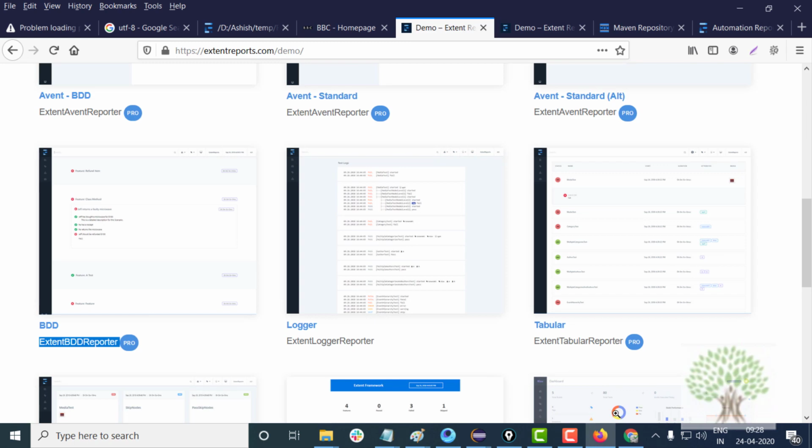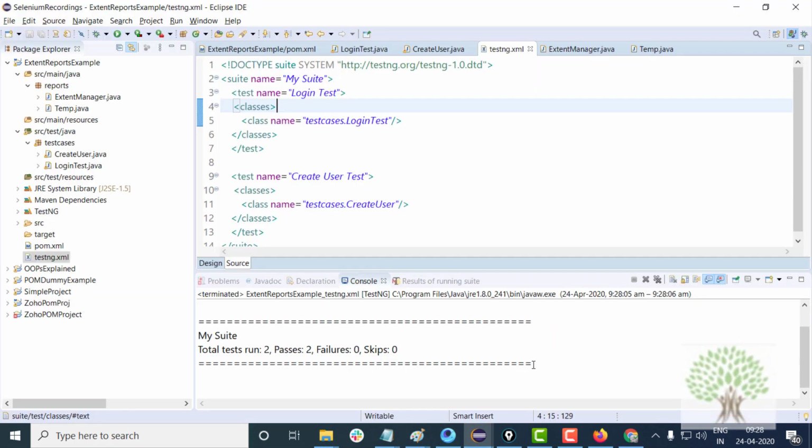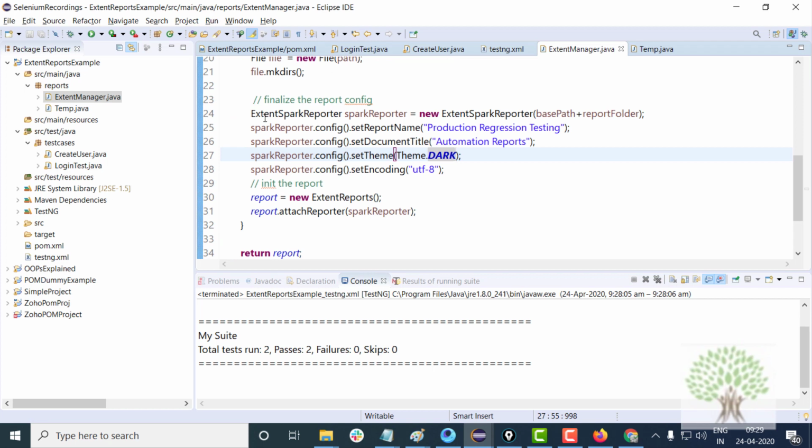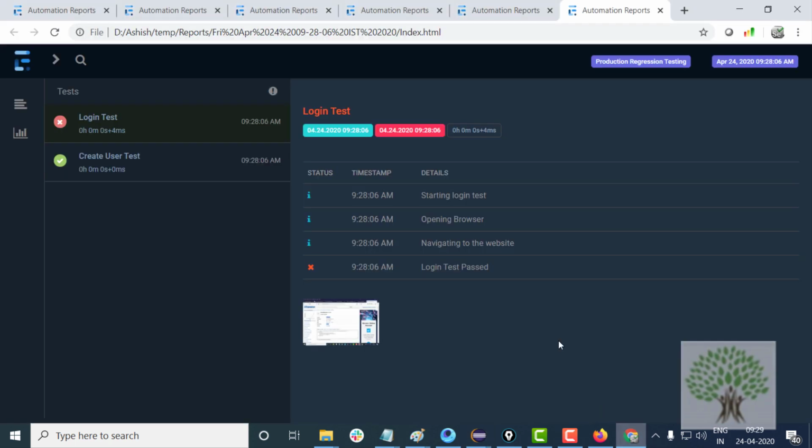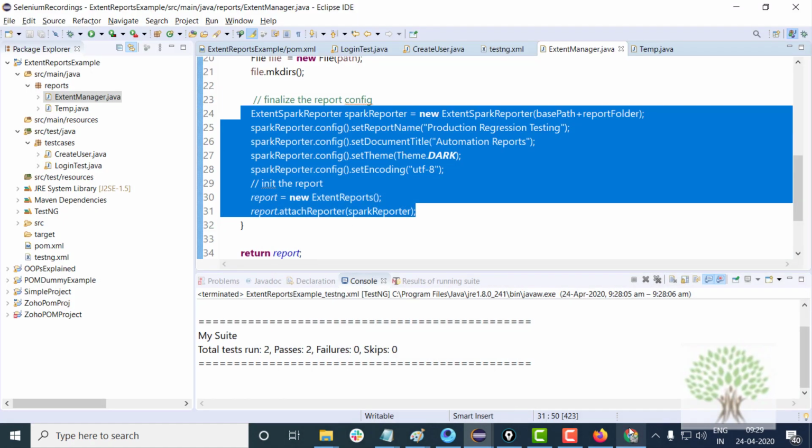Okay, so out here, if you look at this extent manager, instead of using ExtentSparkReporter, you will be using ExtentBDDReporter. Alright, fine, but this is good enough for open source. I think these reports are good enough. I use them. I never got the pro version actually. Yeah, okay then.